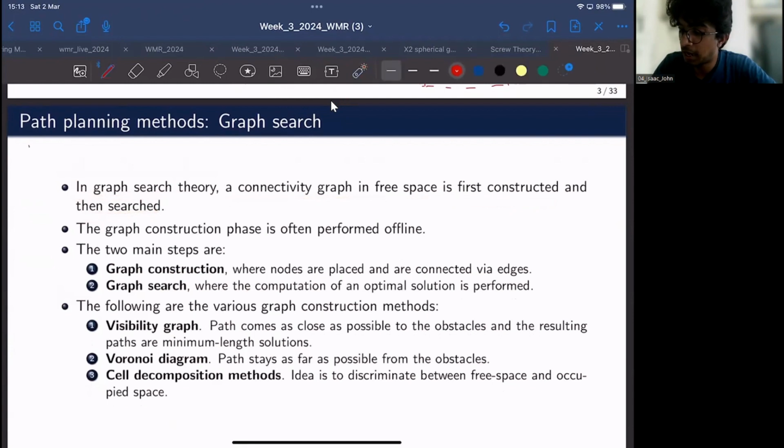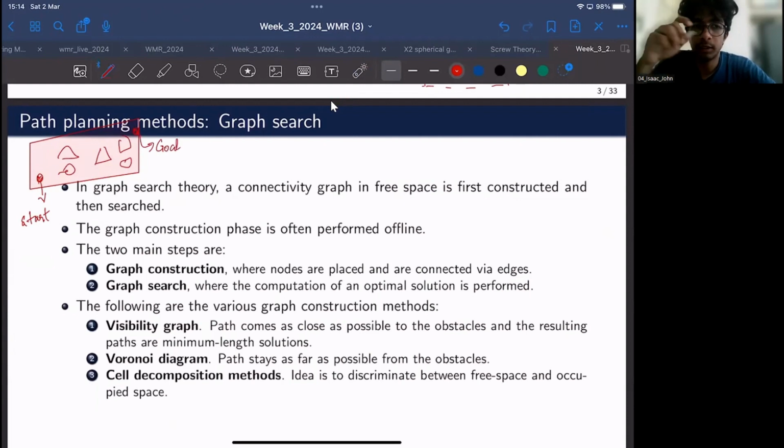For example, if you model the robot's environment as a space, it may be riddled with multiple obstacles. And since we have already covered localization, the robot will start from a start position. You can call this a start position. And the robot may also have a goal position, a target position. So what this graph search method does is basically